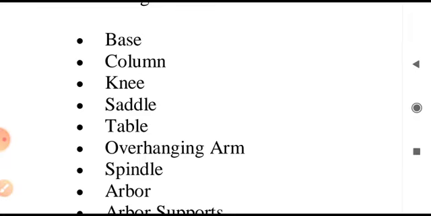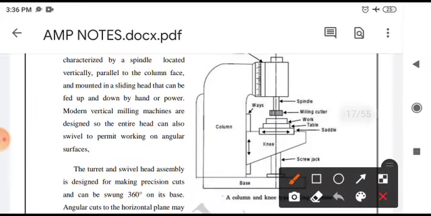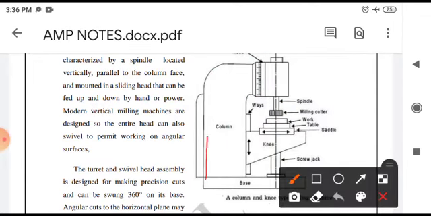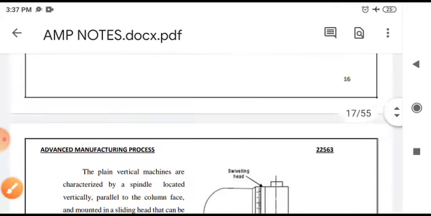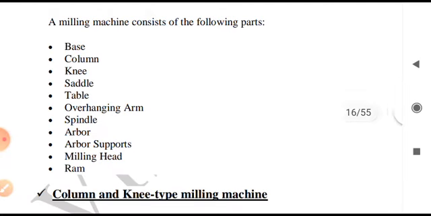Okay, there is the overarm. Let me show you the overarm. You can consider this as the overarm. This is the column, and this one is the overarm, the arm which is outstretched from this column. This up to this, you can say this is the column, and the structure from here is the overarm. The top of the column supports the overarm which extends outward at the front of the milling machine. Now the third one is the knee.